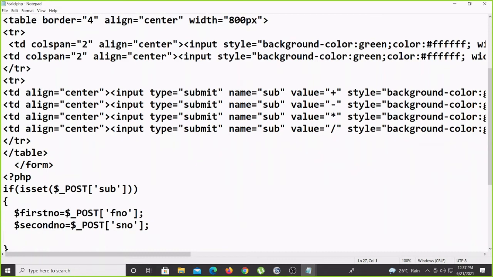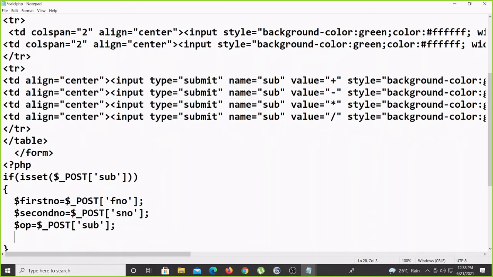And the third one is the submit button. Some value we are also taking, so $, that we can consider as an operand only. Anything you can give, nothing like an operand is there, so I am just writing here OP, equal to $_POST. So here, what is the name of these ones? All names are the same, sub only. What happens is, once you click any button, both the input values and the button value, plus or minus, something comes into the PHP.